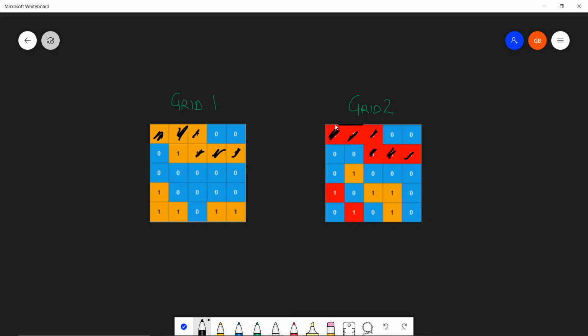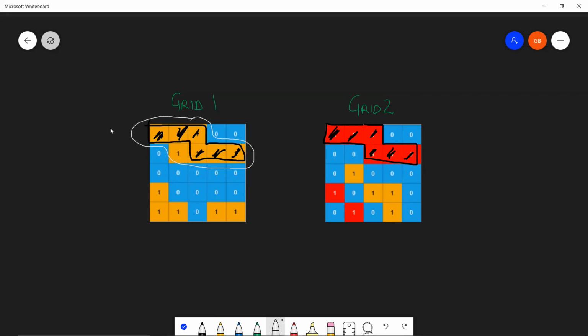So this island over here encompasses the island in grid 2 at this location. So including this one over here, let me change the color of the pen, we had an island, and in grid 2 we have a sub-island.